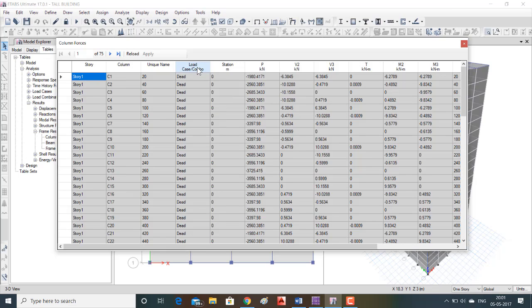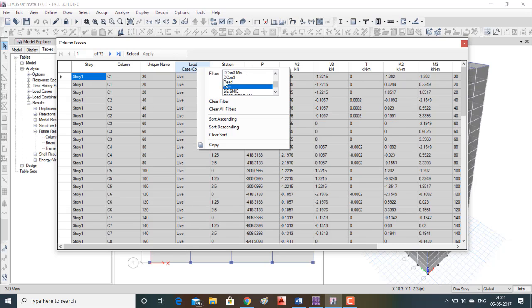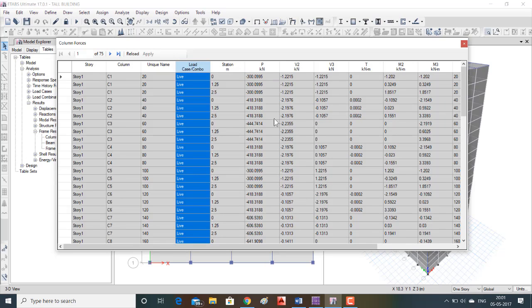For live load, you can right click on the load case. You can see the values of live loads.